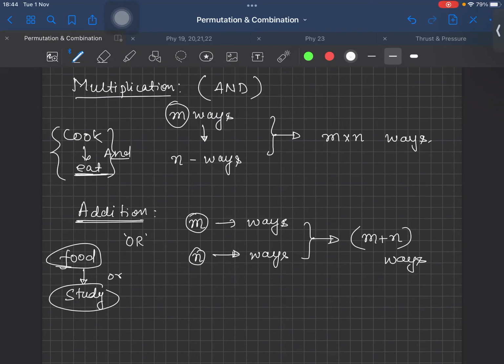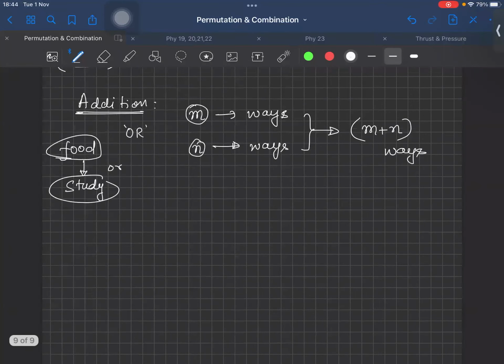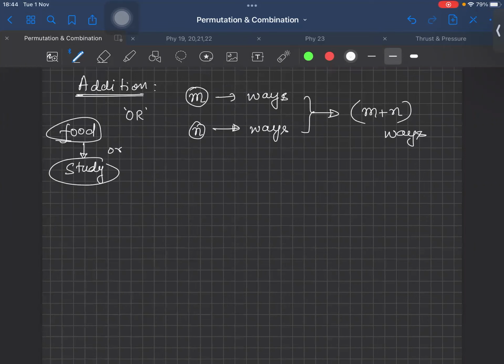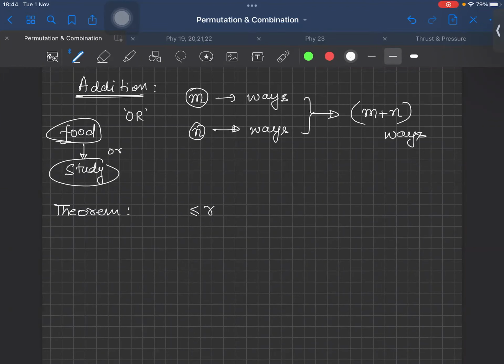Last class we discussed permutation, and I gave you two formulas. There are two theorems in permutation, which must be there in your NCERT book. The first theorem: if r is greater than or equal to 0 and less than or equal to n, then nPr is equal to n factorial upon (n minus r) factorial. That's what I gave. And Shruti, you asked me about the proof.